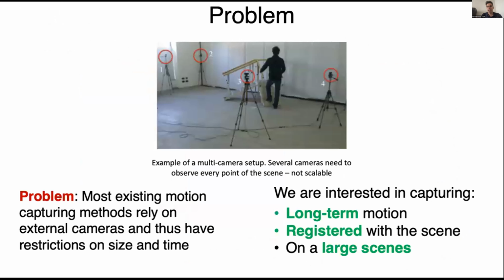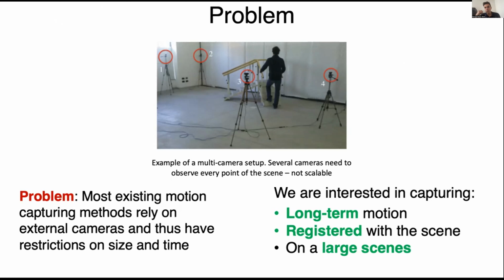And the problem is that the systems that were available until then for capturing fine-grained interactions are mostly based on external cameras. And the problem with external cameras is that they place a limit on the recording volume. So the recording volumes are typically confined and very small. It also places a limit on the duration of the recordings. Typically, these recordings last a few seconds, at most minutes, but you cannot really capture interactions like, for example, multiple activities that might happen within a building or in an open space.